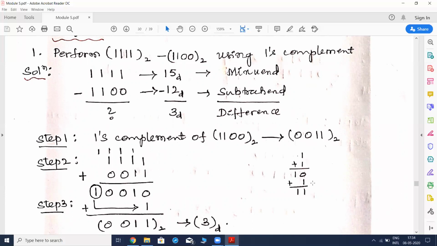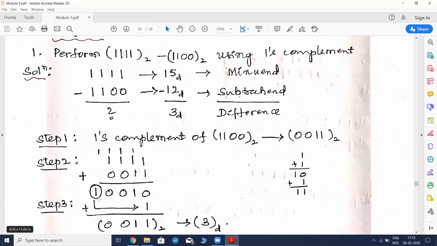So when you add 3 ones in binary, you are going to get 1 1. Here this one becomes your sum and this one becomes your carry. That is what is being written over here. So when you perform the addition of 3 ones, sum is 1, carry is 1. Then 2 ones over here, sum is 0, carry is 1. Again 2 ones over here, sum is 0, carry is 1. Here you don't have any numbers, so 1 over here.